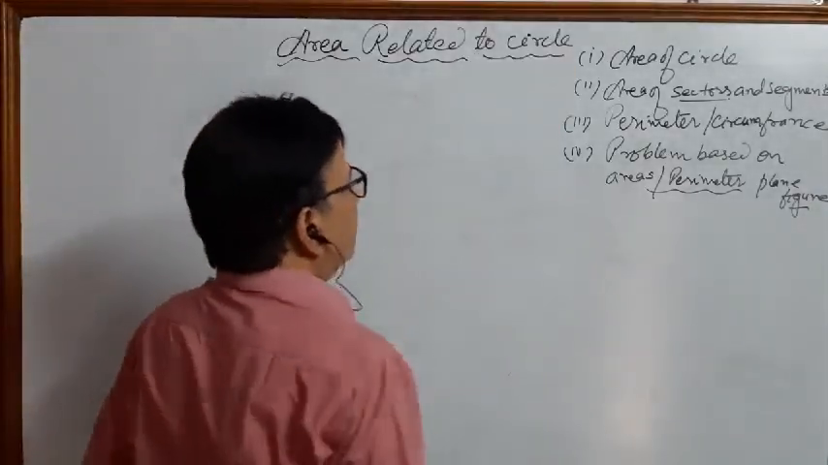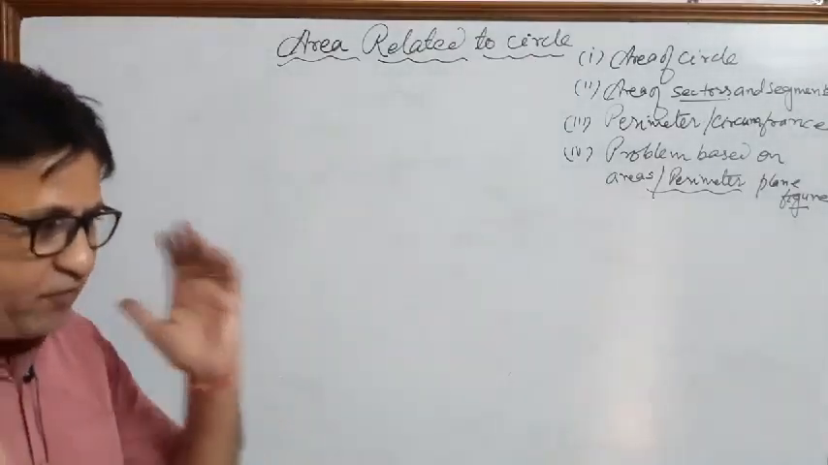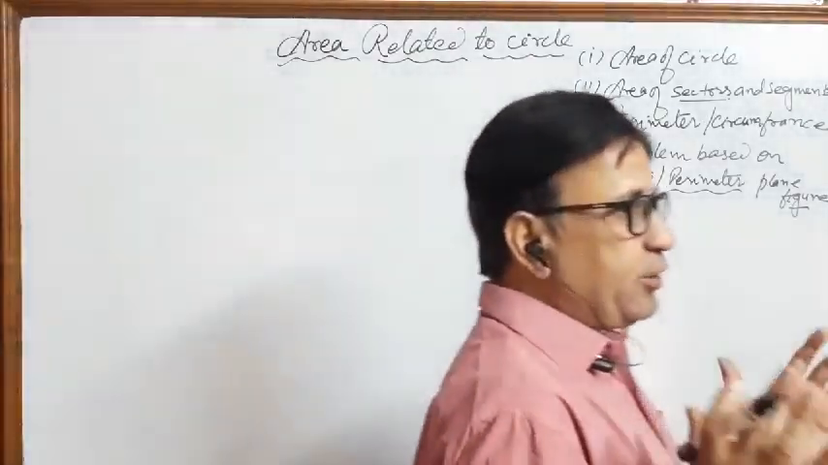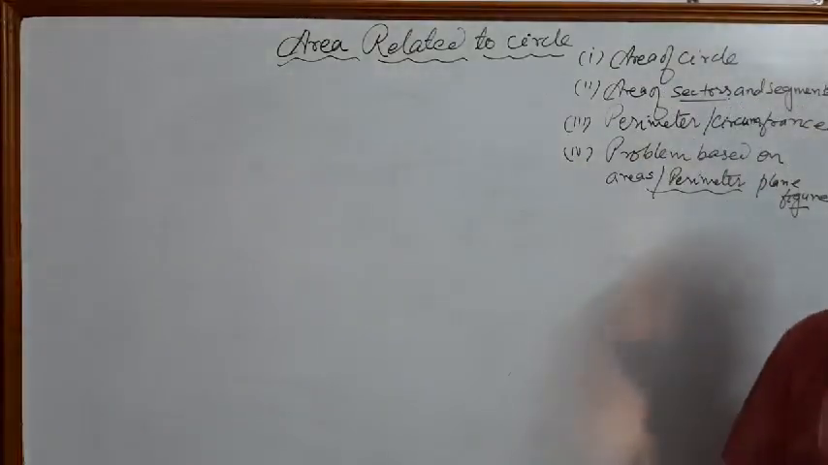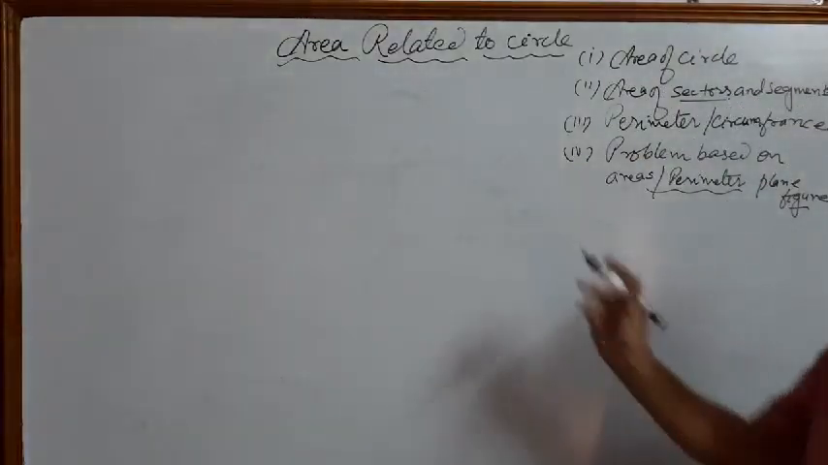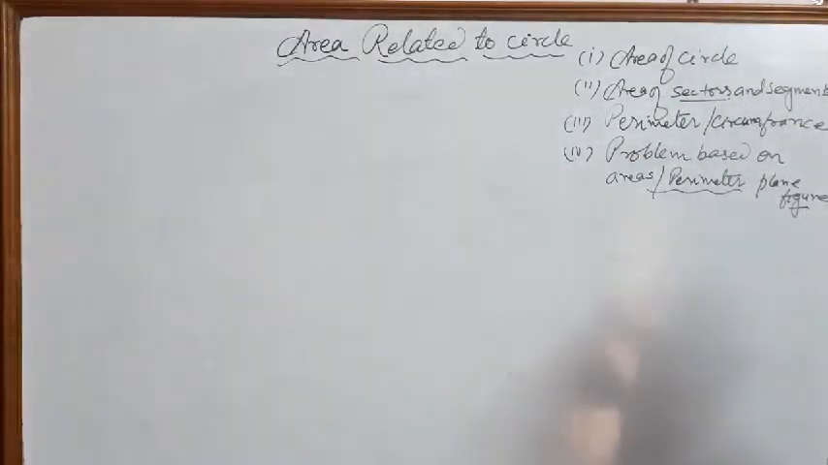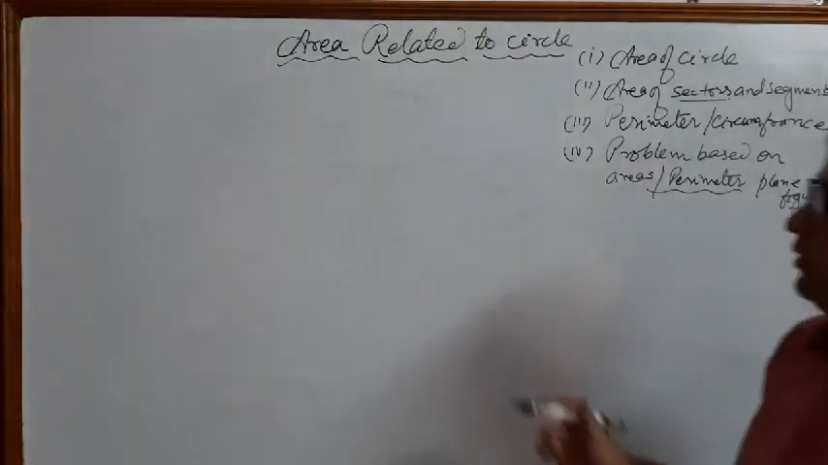Now you know very well about the circle. Okay. Now what is the definition of the circle? Circle is a set of points which have equal distance from a fixed point. Right? Means